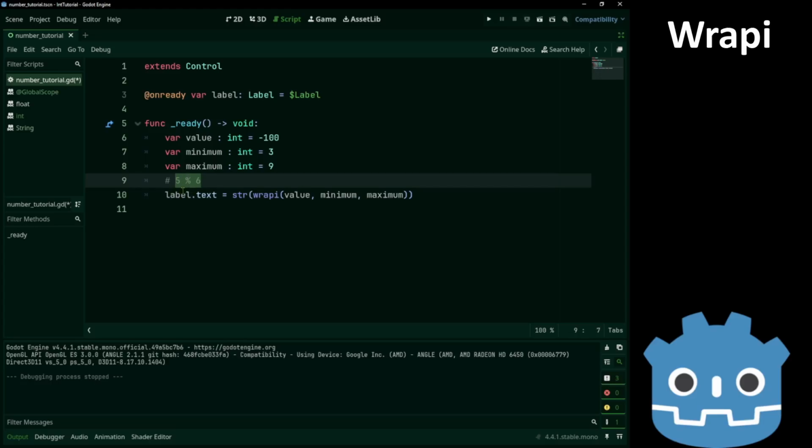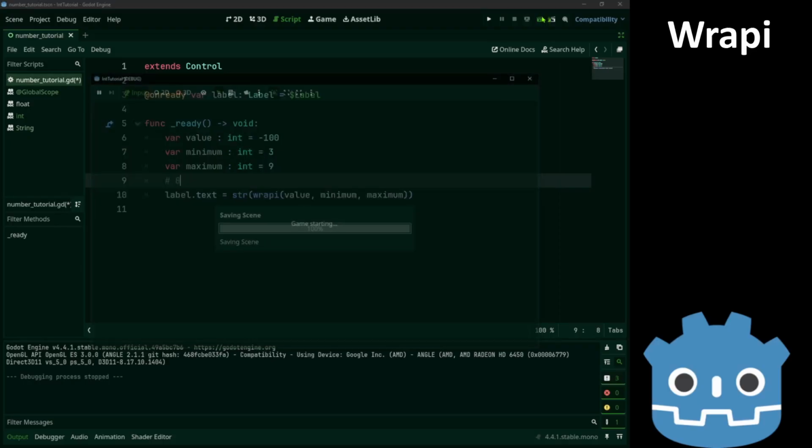As you can see, this is not necessary this time, but it was before. So we still get 5. Plus the minimum, which is 3. And we get 8.